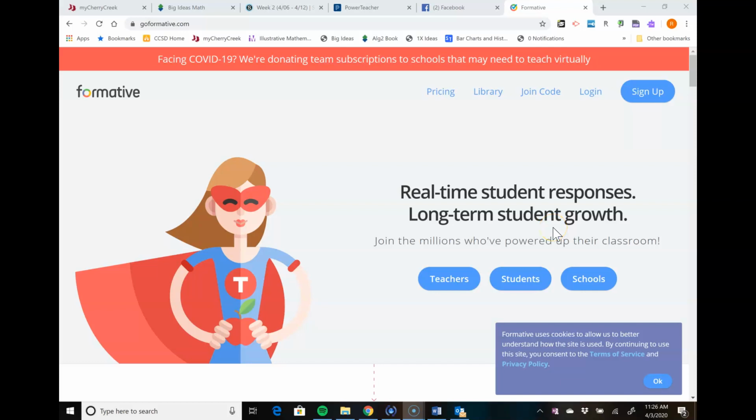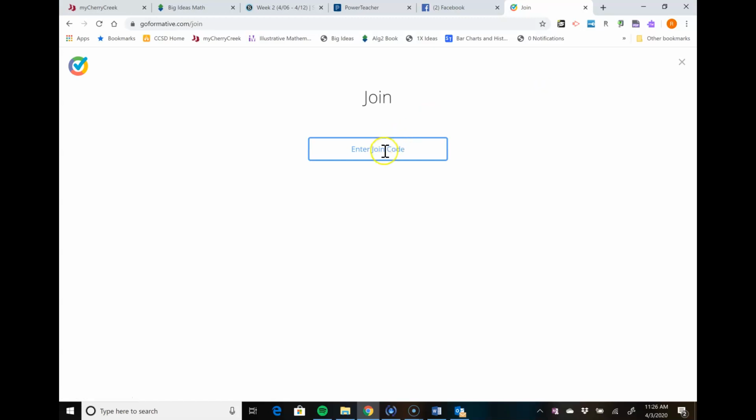I want to talk about a different platform that we're going to be using during this remote learning time called Formative. You will need to create an account, so you will have to go to goformative.com, go to the option of join code. Each class is going to have its own specific code. You should see it in your step 2, 1A, 2A, 3A. This is not a real class, this is just a